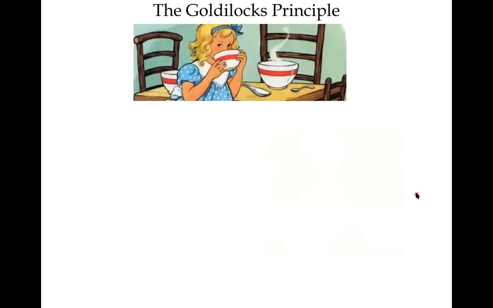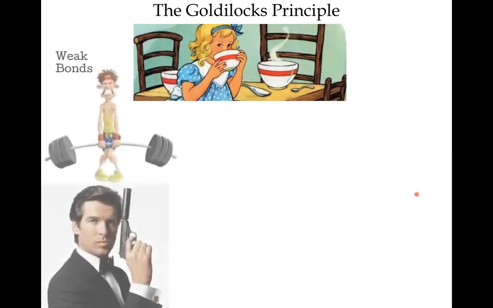Now, when we talk about what makes carbon such a good element for life, for living things, and for all the vastly different molecules that are out there, we have to think about the Goldilocks principle. So not only does it have up to 4 bonds, but the strength and weakness of those bonds are just right. Hence the Goldilocks principle, right? You don't want to form bonds that are too weak,